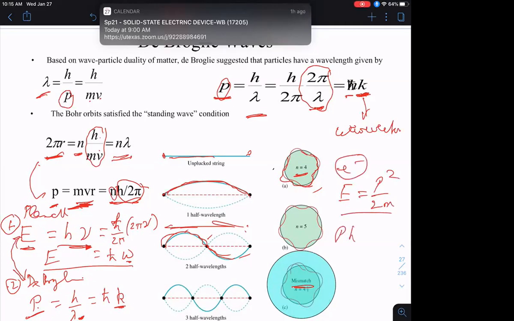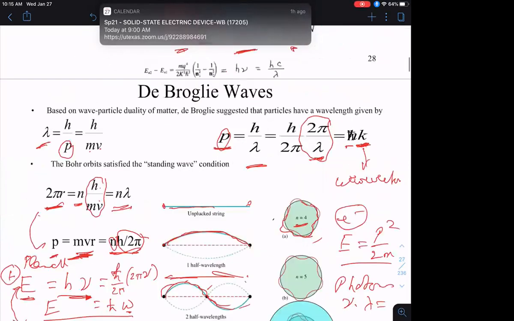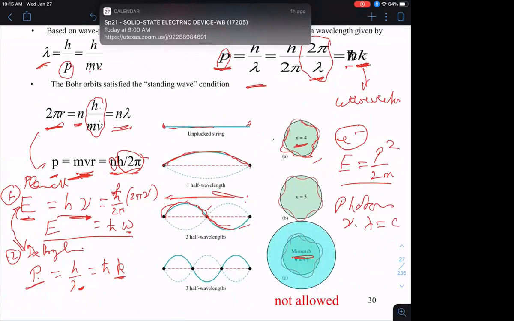On the other hand, for photons, the relationship is going to be different. Why? Well, for photons, remember, frequency times wavelength equals a constant c, right? Well, frequency is proportional to energy. If I bring lambda over to this side,